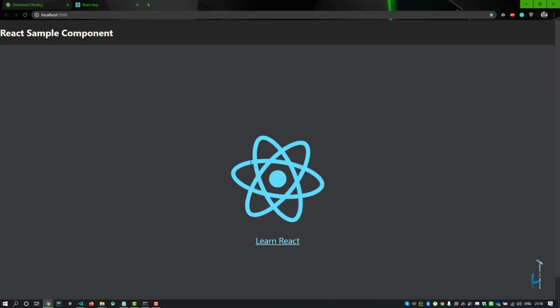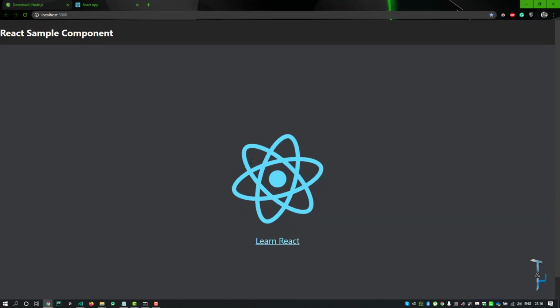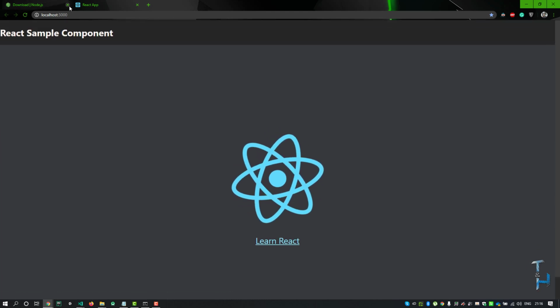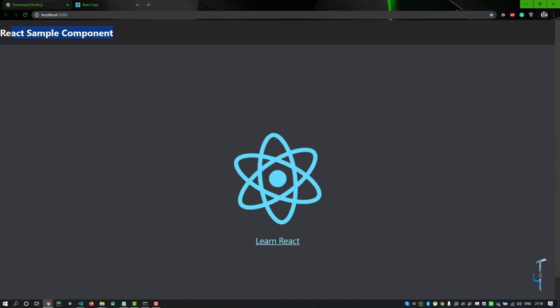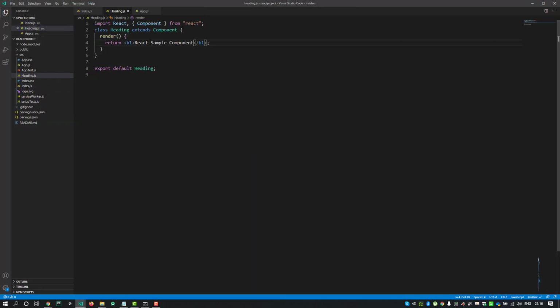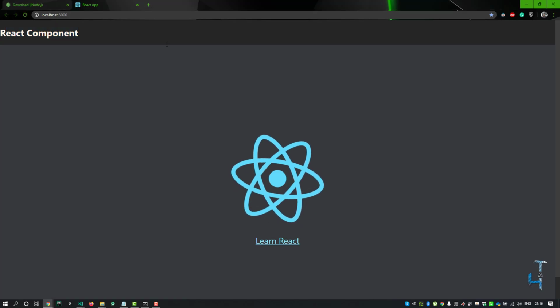Now go to the browser to see the changes on the page. You see that React sample component heading is there. Now if I change this to React component and save, let's see what will happen. And here you see